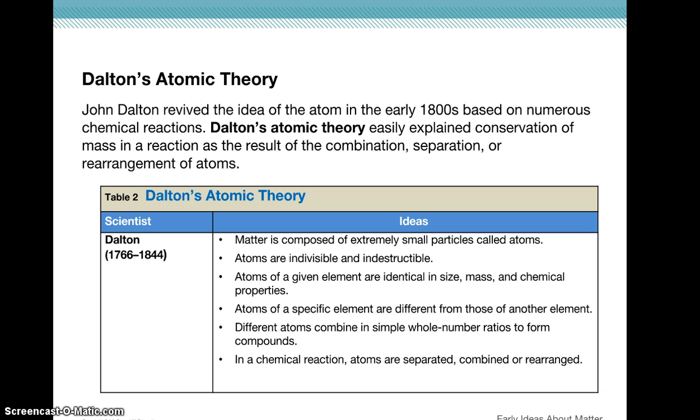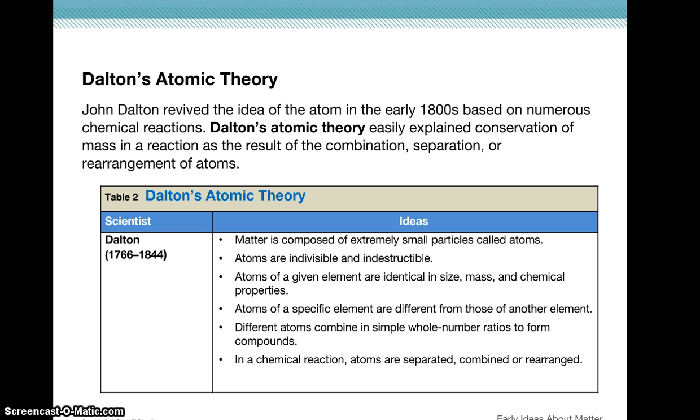Now that brings us to the early 1800s. From the time of Democritus all the way up to the early 1800s, no one really knew exactly what was going on with matter until John Dalton. And Dalton found a way to really prove what matter is made out of. And he came up with his atomic theory,